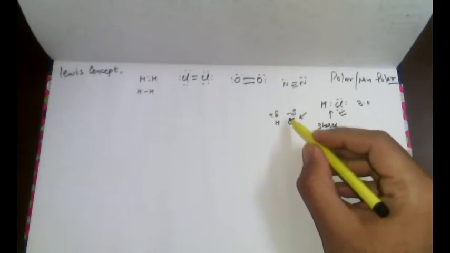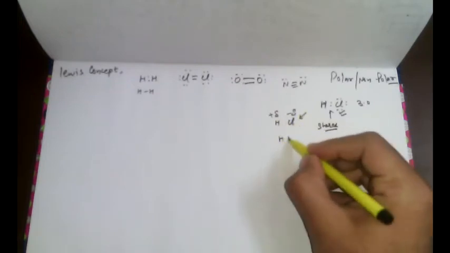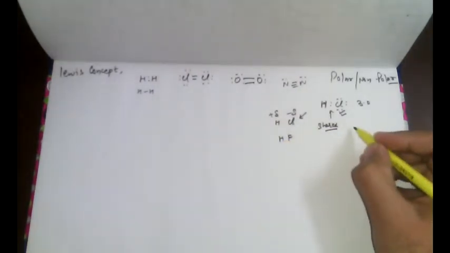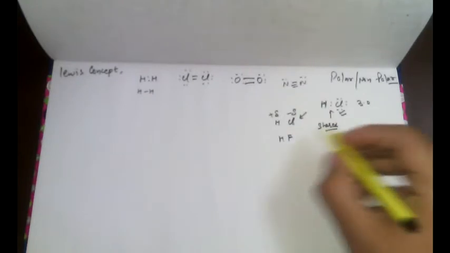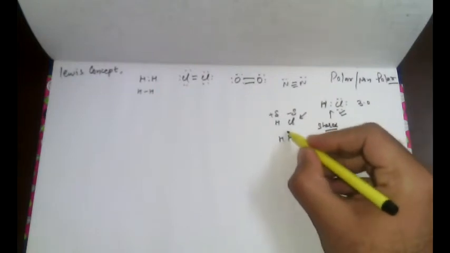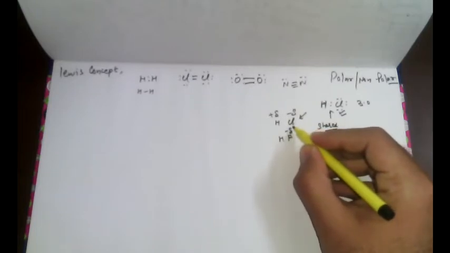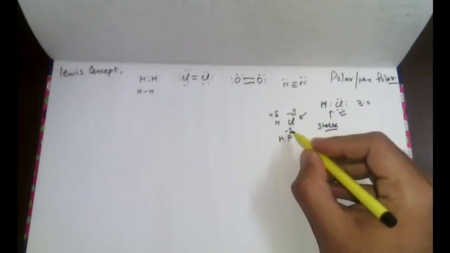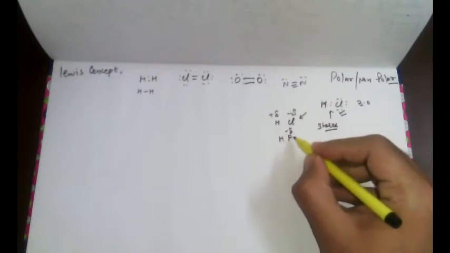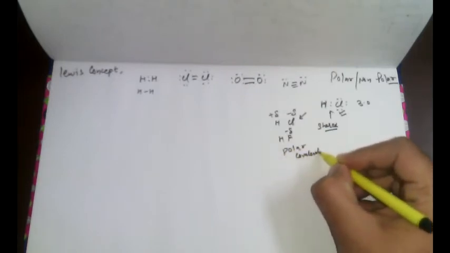At the same time, the magnitude of charge depends upon the electronegativity. If we have fluorine over here, in hydrogen fluoride, fluorine has the greater electronegativity, group number 17 of the periodic table. Fluorine is known as the king of electronegativity. So we will get a more negative charge than that of chlorine, that is, more magnitude of charge on the fluorine atom. Such a covalent bond is known as a polar covalent bond.